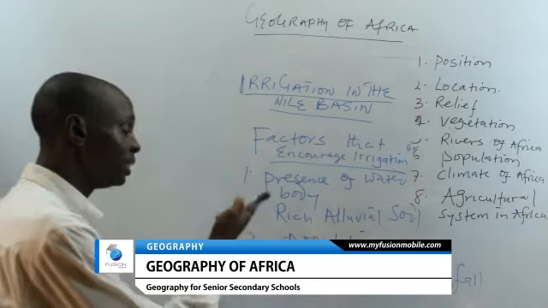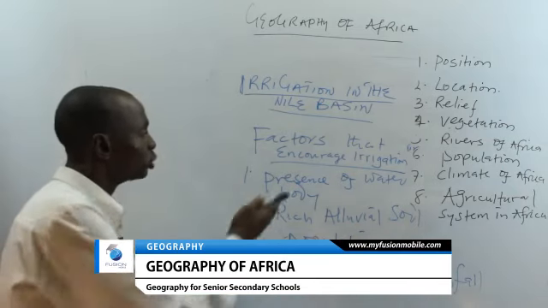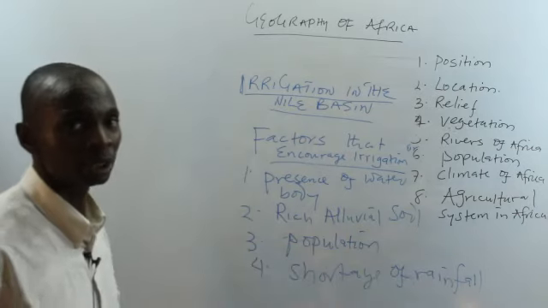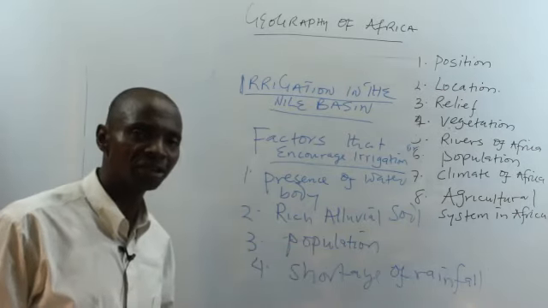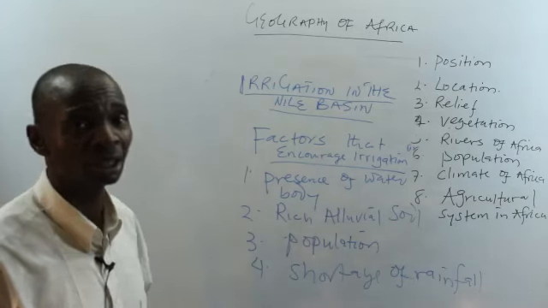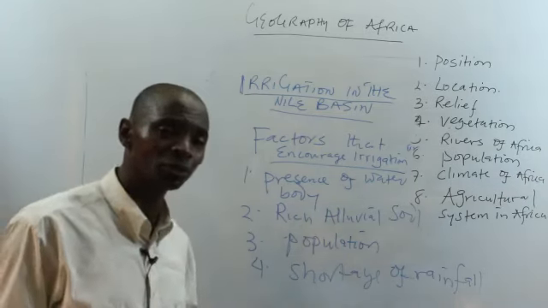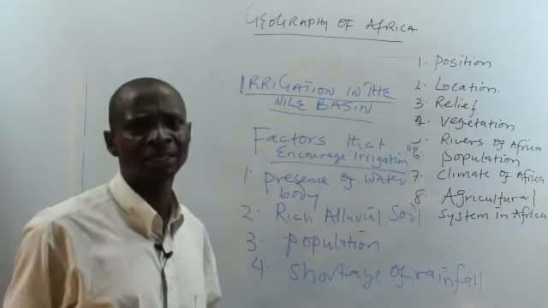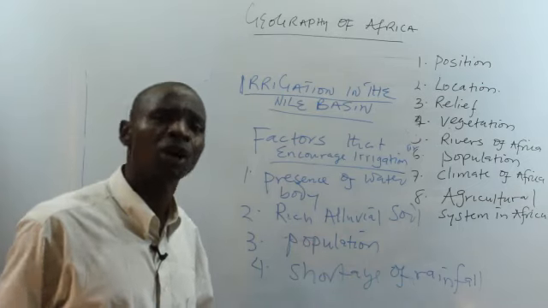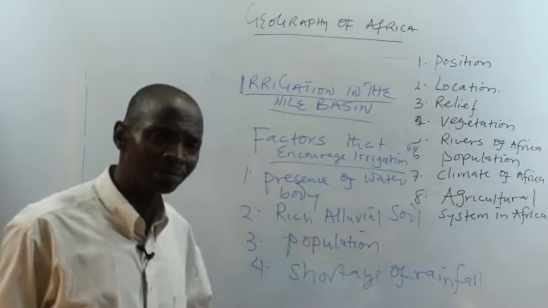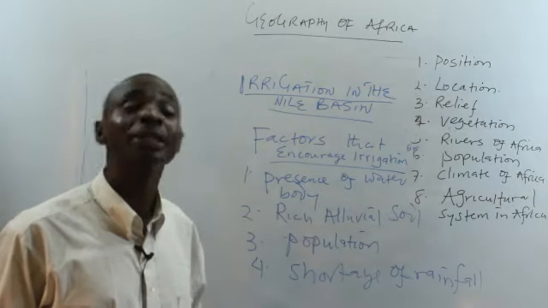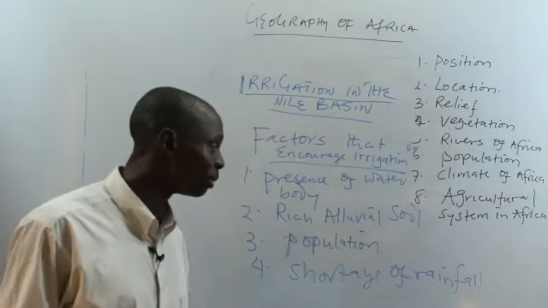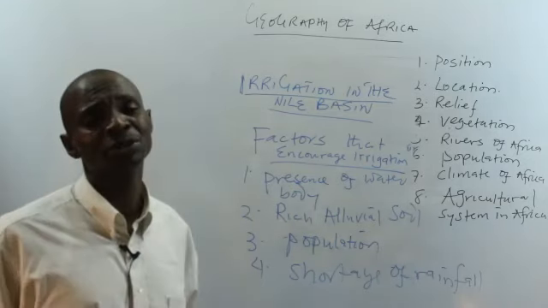We have mentioned some of the methods that they adopt in irrigation in the Nile Basin. There is what we call shadow irrigation. It's a method of irrigation. There is what we call perennial irrigation. What is perennial? During rainy season that falls within a short period of time, they will dam a river and collect this water. So they do it perennially every year. During dry season, when they want to embark on farming, they can discharge that water into their farm.